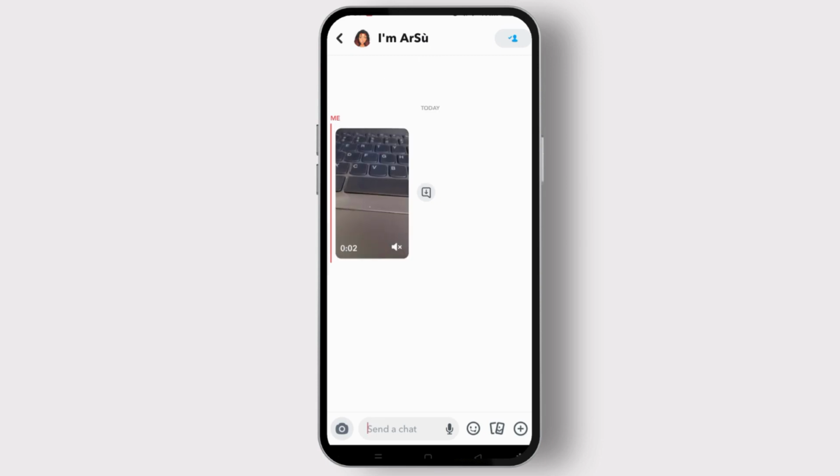to your Snapchat users. So this is how we send videos from camera roll as a